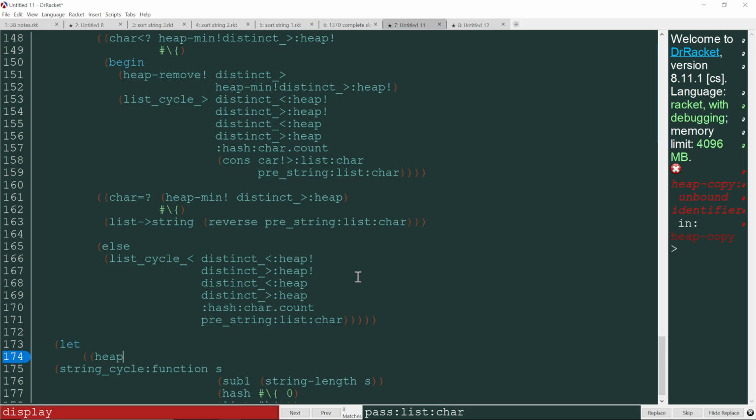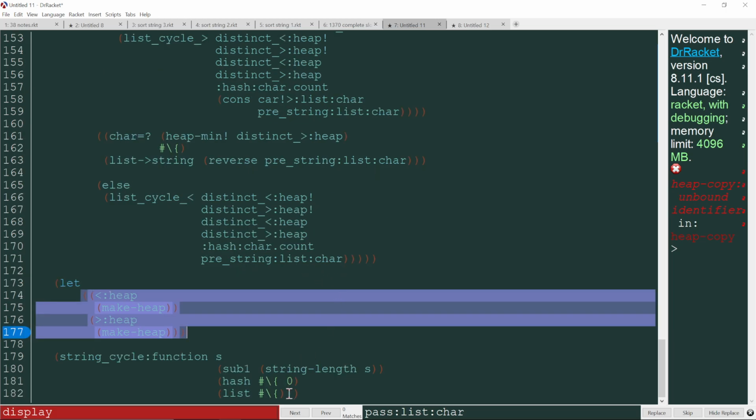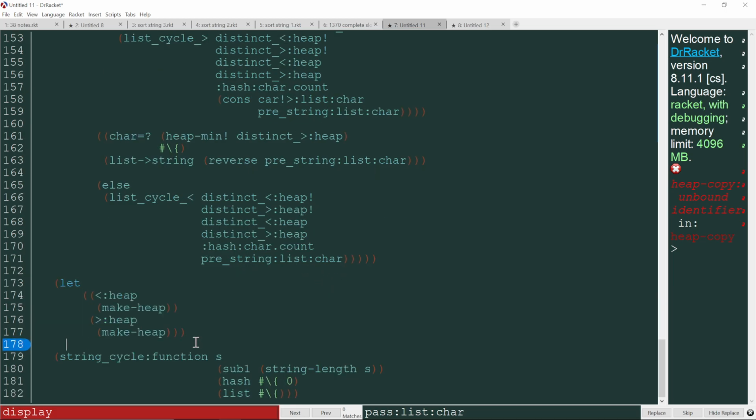Let heap less than heap, make heap, greater than heap, make heap. Okay, and now this, let's see, heap add,